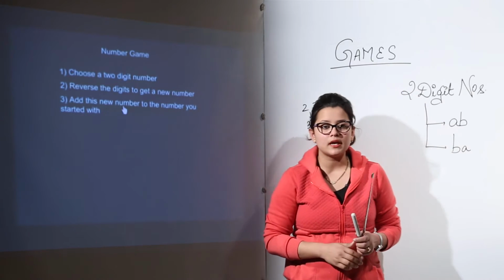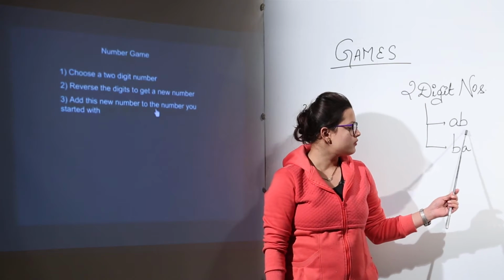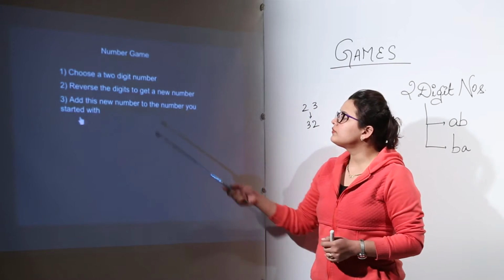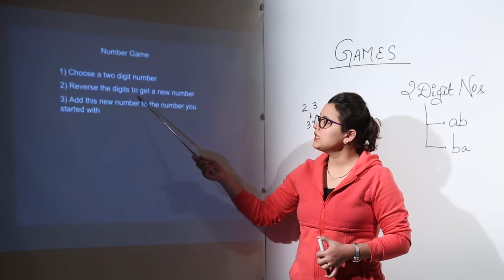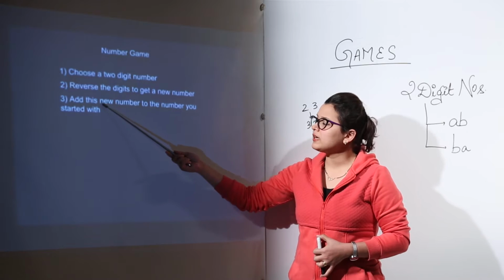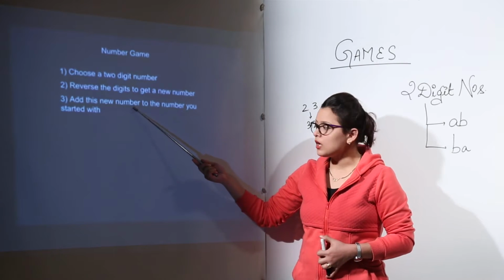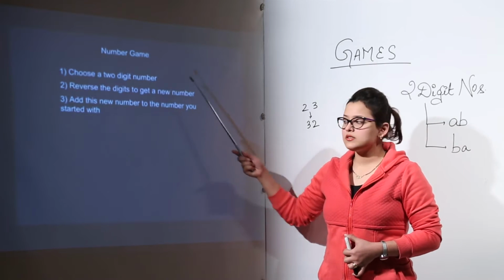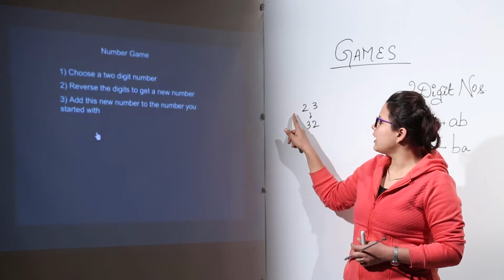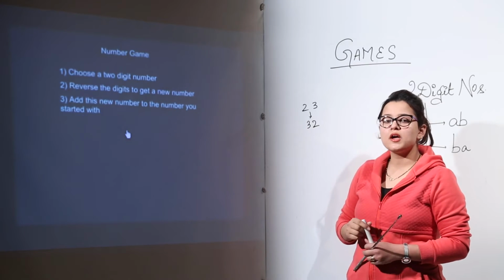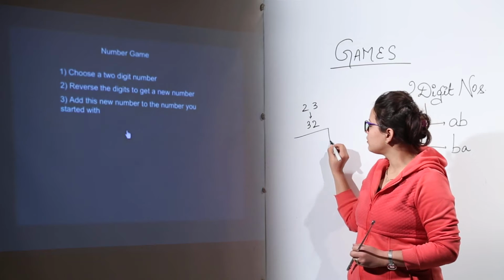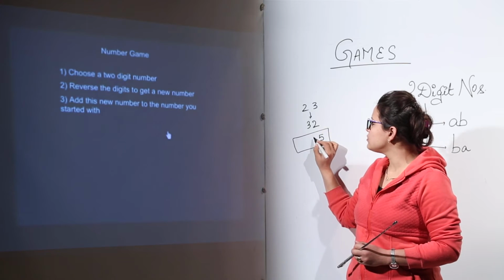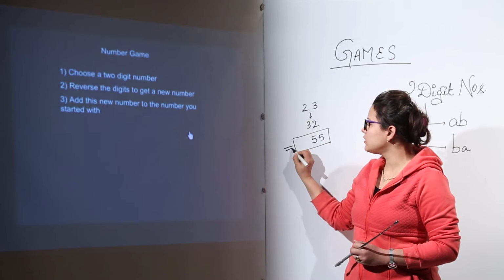So the 2-digit number that can be taken can be in the form of AB or BA, any way you want. Now the third step after reversing the digits would be adding the new number, that is the number having reverse digits, to the original number that you had thought of earlier. Say for example I had thought of 23 and I am reversing the digits. So I am going to add them up together now. If you add them up together, that is 3 plus 2, 5 and 2 plus 3, 5. This is the product that I have got.